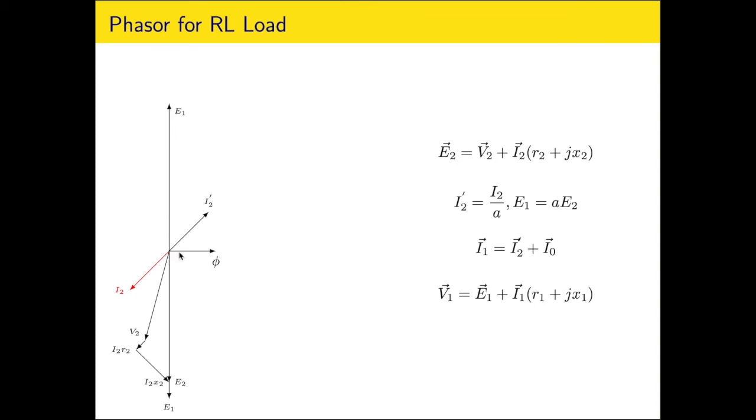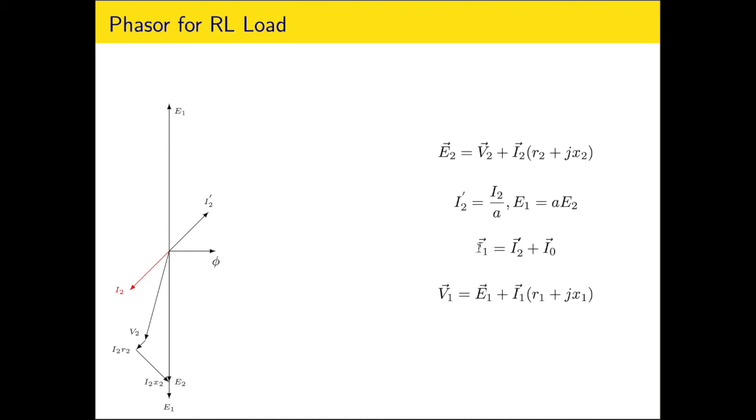As mentioned, the flux is 90 degrees leading to this induced EMF, that is marked. Corresponding to this, the E1 is in the direction of E2, but the length will be decided by the turns ratio. I2 dash is marked opposite to the I2. So we are setting the background to have a phasor diagram separately for the primary and the secondary sides, giving clarity on the analyzing aspects.